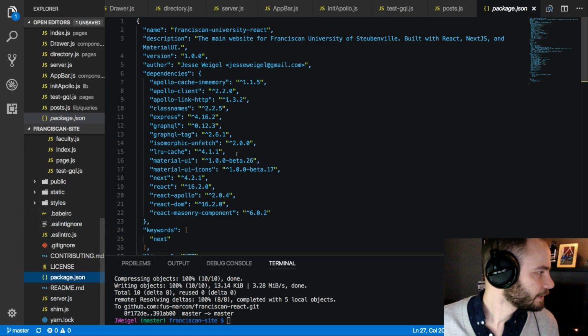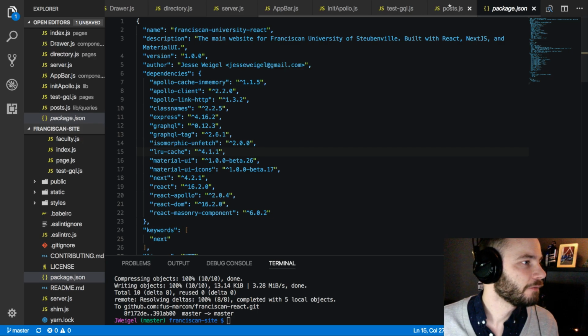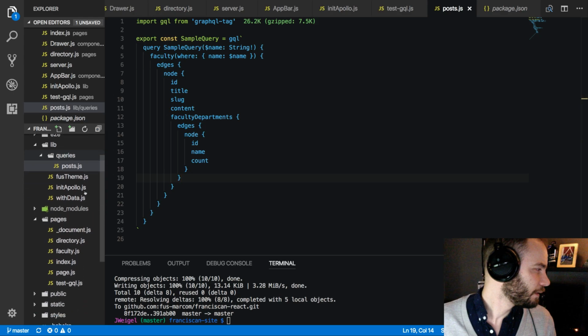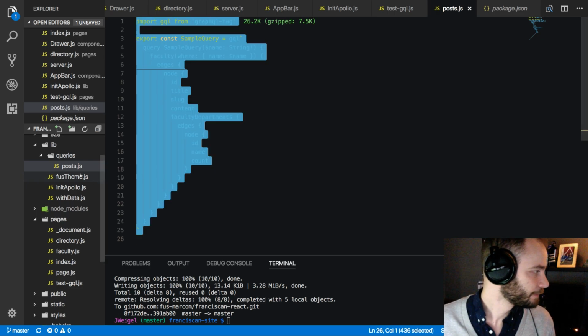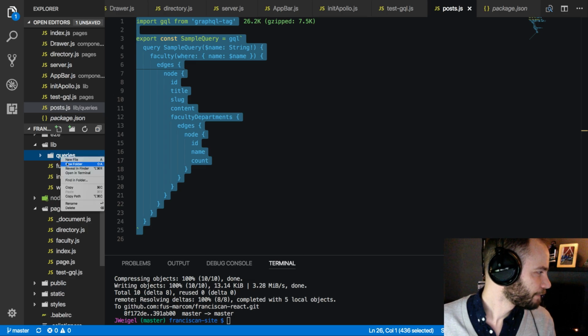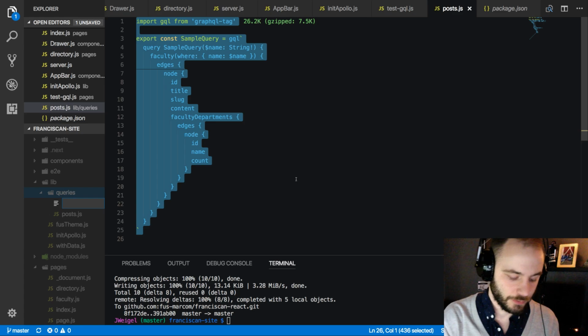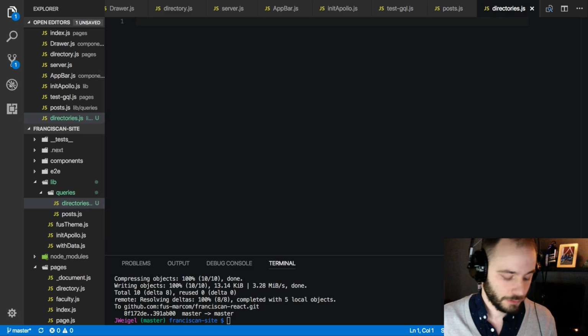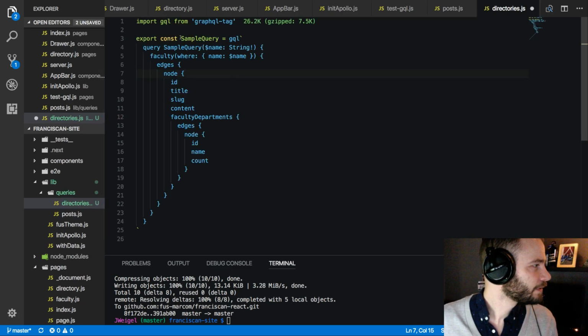All right. So let's just make a whole new file then, and eventually we want to change this. We'll sort this out as far as kind of the standard names for our files and our queries. But for now, let's just grab all of this. Let's make a new file. Let's call this directories.js. Let's paste this in,